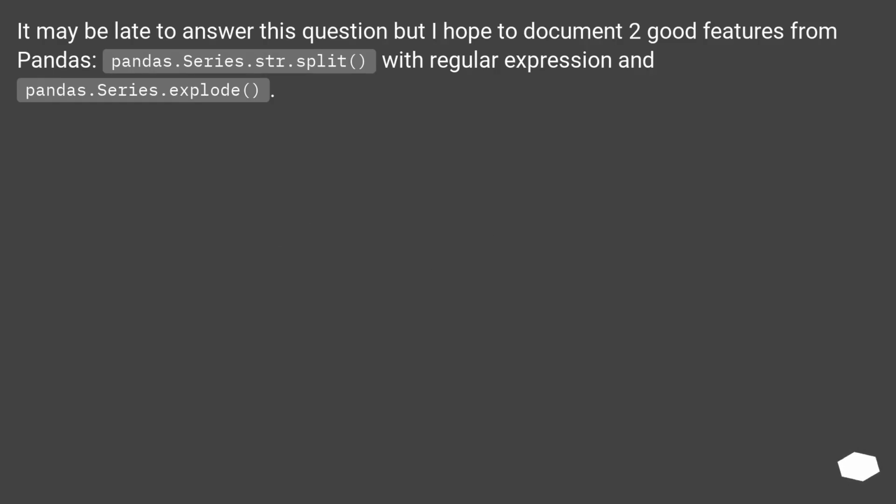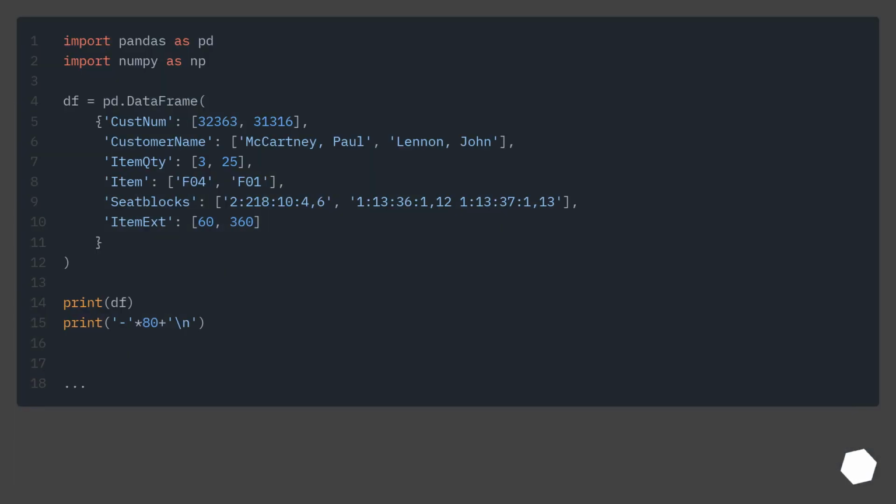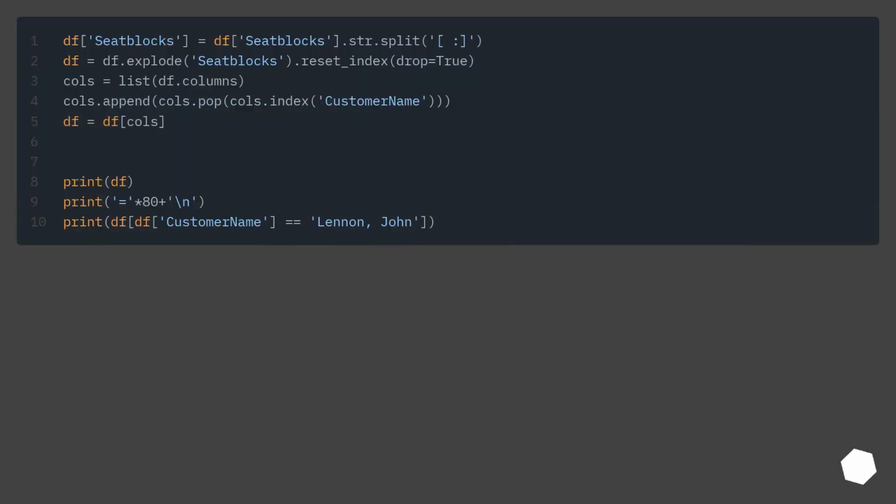It may be late to answer this question, but I hope to document two good features from pandas, pandas.Series.str.split with regular expression and pandas.Series.explode. The output is